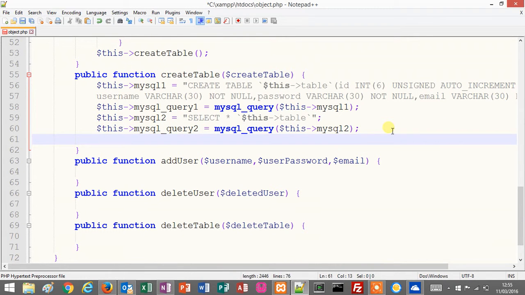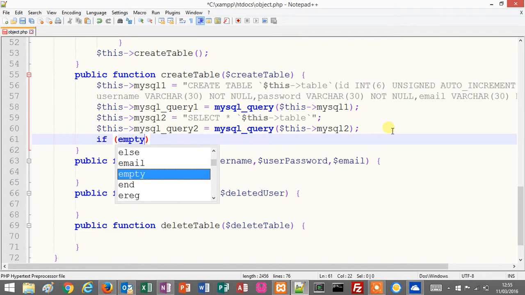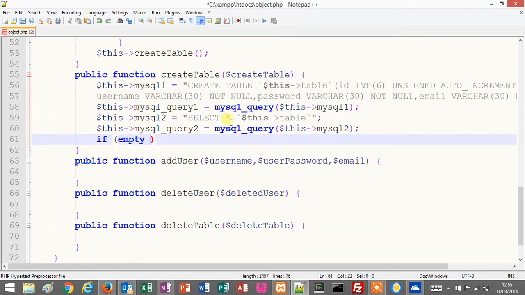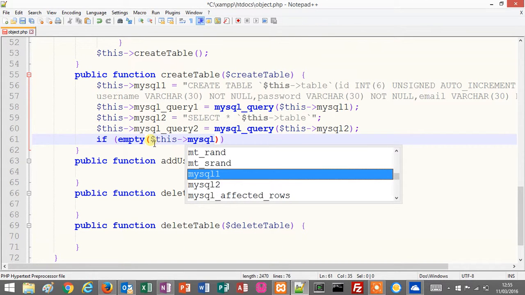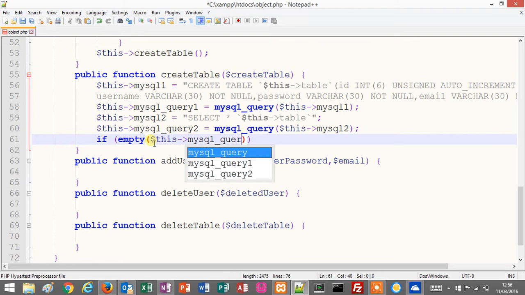And we'll say that if empty, if that query doesn't return anything, if we fail to select everything from this table, then the table doesn't exist. So we'll say if empty, i.e. if the table is empty, because our query was to select everything from the table. So if that query returned nothing, it means the table doesn't exist. So if empty, this MySQL query 2,